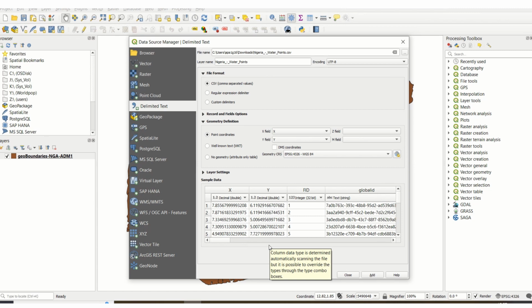QGIS tries to detect some of those fields in the data and autofill them for you. But in scenarios where it doesn't, you need to specify it. This will help you ensure that your data is loaded and displayed appropriately in the right geolocation where it is supposed to be. One other piece of information that you need to pay close attention to is the